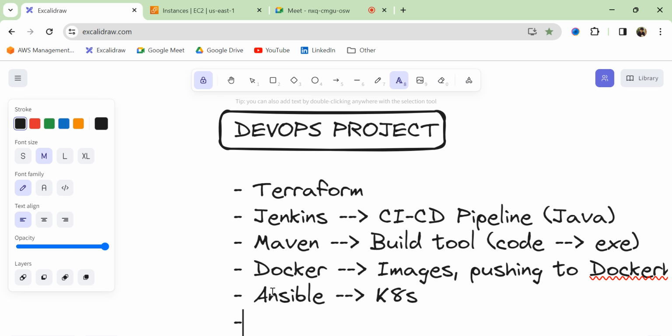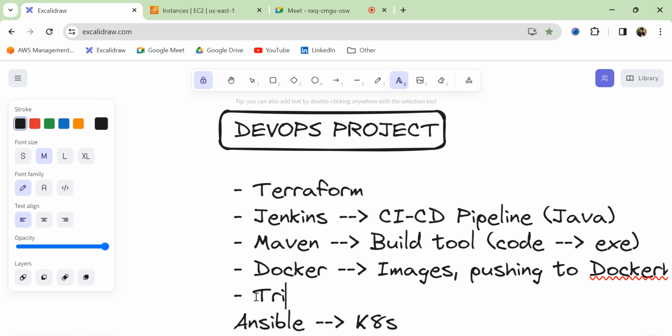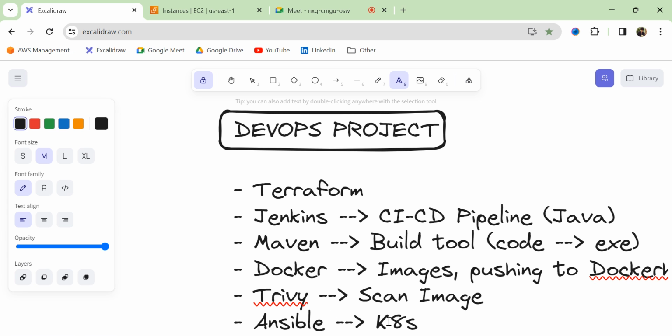We will also be using, before Ansible, a tool called Trivy. So Trivy is a simple, third-party tool which is used to scan the images. So whatever images that we create on Docker, we will be using Trivy to scan those images. After that,